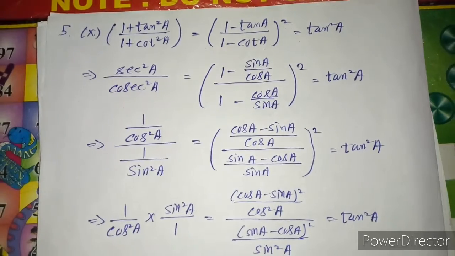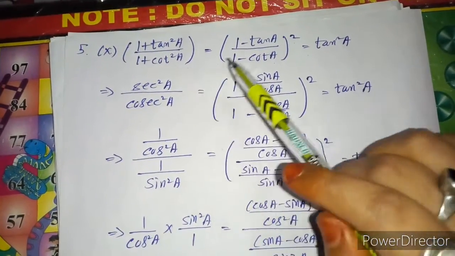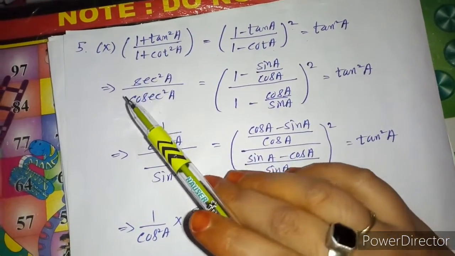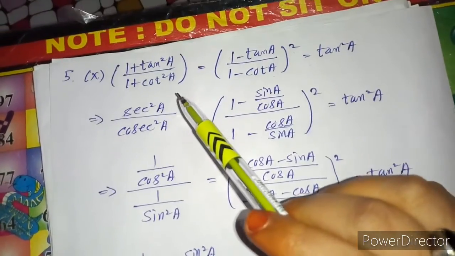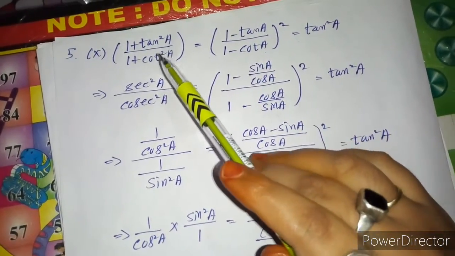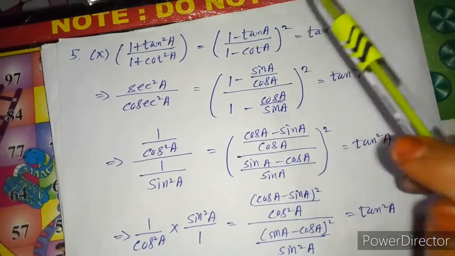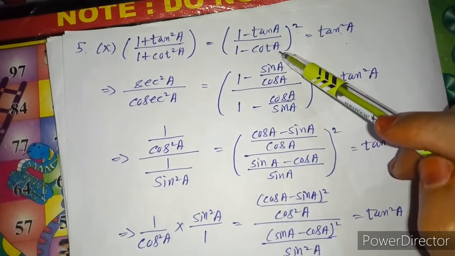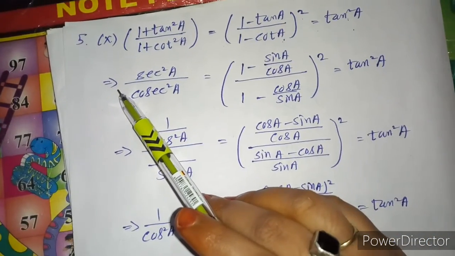See, the previous questions had only two sides, left hand side and right hand side, but this one has three sides, so I do not take the left hand or right hand side. This one is a little different from the other questions. We can prove that this equals tan²A and this also equals tan²A. If we can find that this equals tan²A and this one also equals tan²A, then our proof is completed. This is the implied symbol.